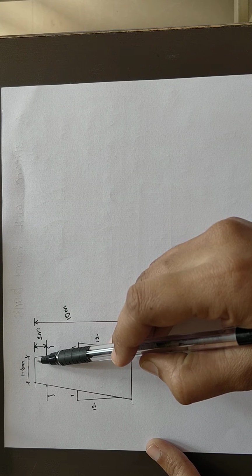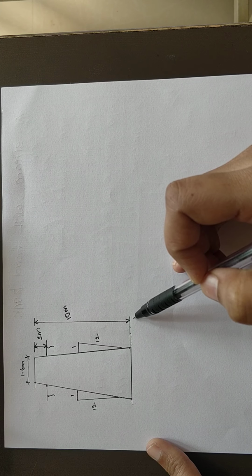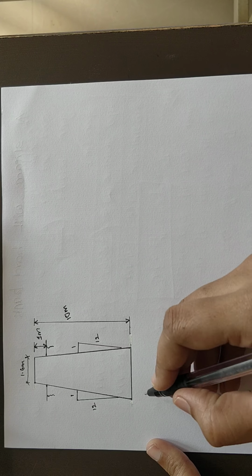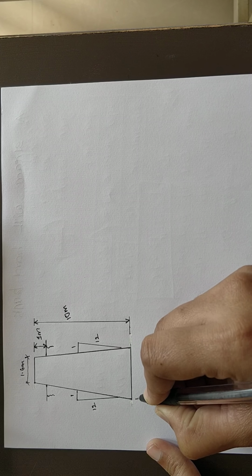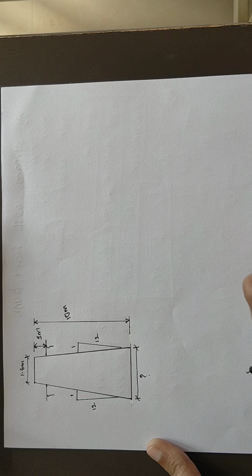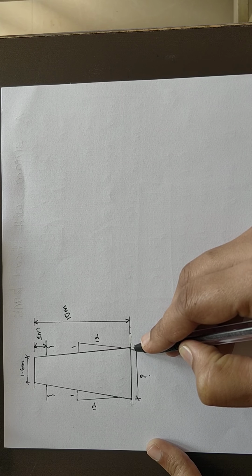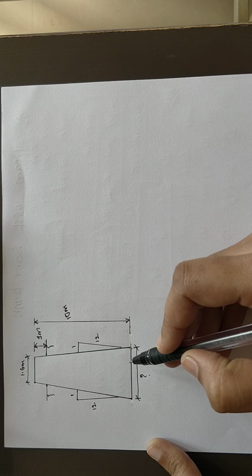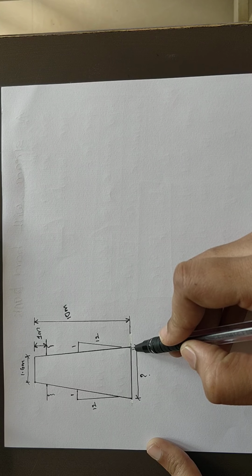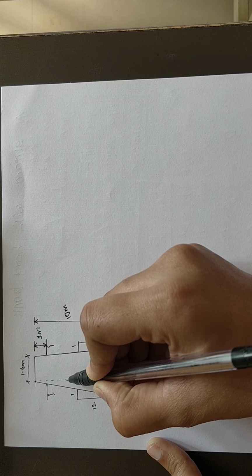See, the top width is 1.6 and the side batter is 1 in 12 and the total height 1 meter. The first step you need to calculate is the base width of the pier. How are you going to calculate this base width? Using simple mathematical calculation, using the similar triangle property. If you project it like this,